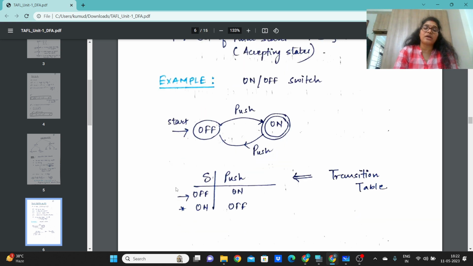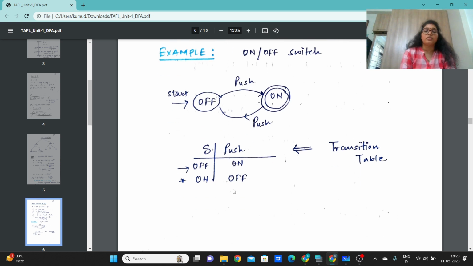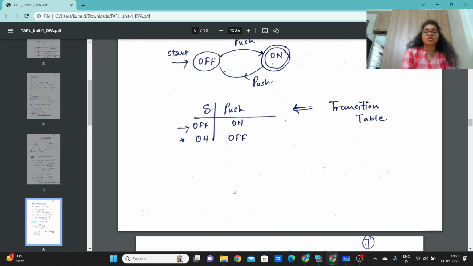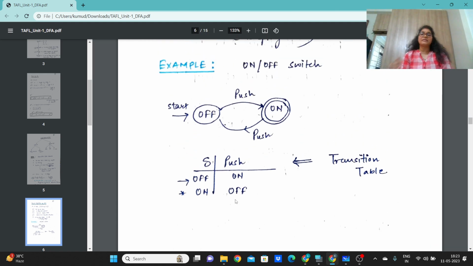So this is the transition table. Here we have two states, on and off, and this arrow represents that this is the initial state, and the star represents that this is the final state. So when you are in the off state, जब आप off state में हो, आपने input दिया push button, it leads to आप कौन सी state पे गए, आप ऑन स्टेट में चले गए. सेम जब आप ऑन स्टेट में हो, दिस इज द फाइनल स्टेट, आपने पुश बटन पुश किया, एंड यू लीड टू द ऑफ स्टेट. So this is how transition works. This is called a transition table. Okay, so this is one of the simple examples